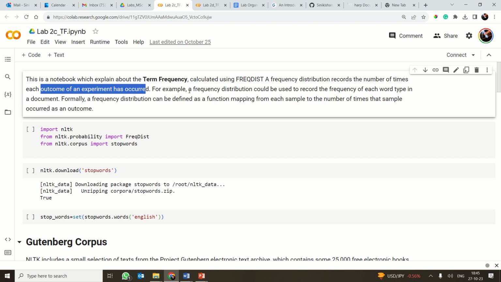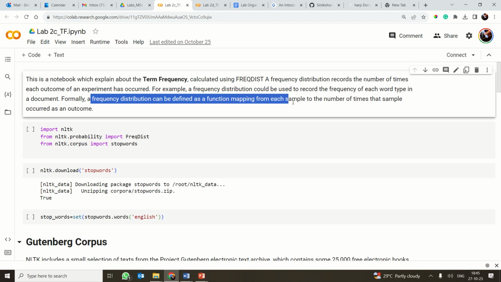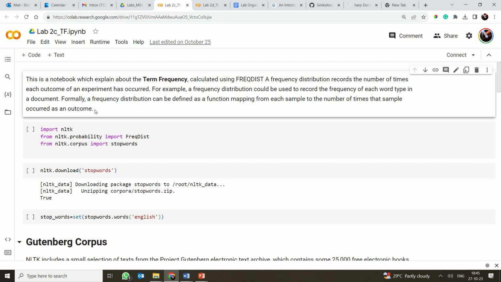So a frequency distribution could be used to record the frequency of each word type in a document. A frequency distribution can be defined as a function mapping from each sample to the number of times that it occurred. So basically it helps you to identify the frequency of the terms in a record, right? But you have to think of it as a probabilistic distribution. So when you look at the